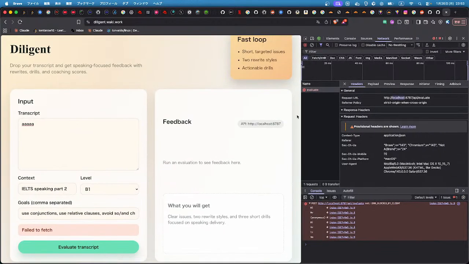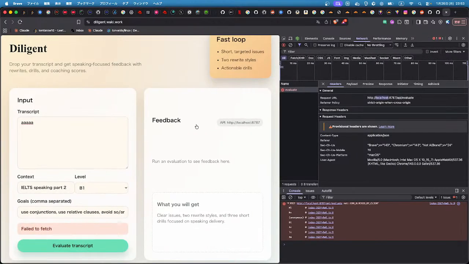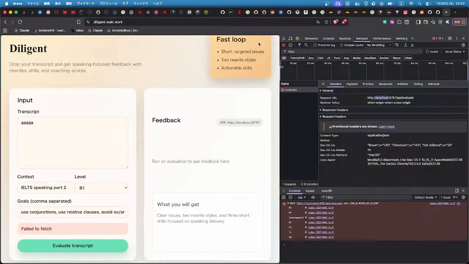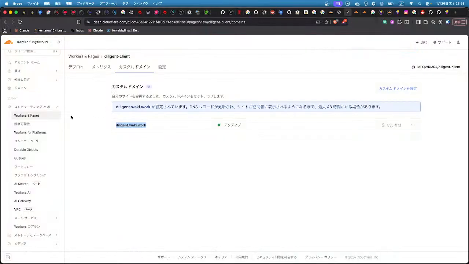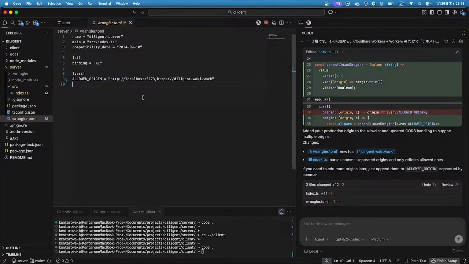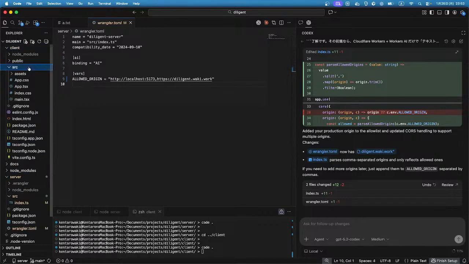I see. I also have to change the request URL because the URL is set to localhost. It's not good. So let's check the server URL. Server URL is this one, right? So for client,